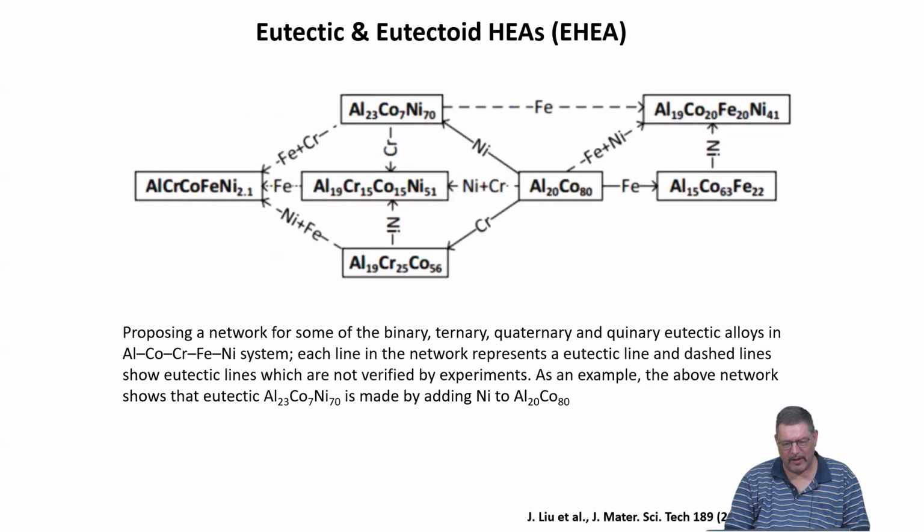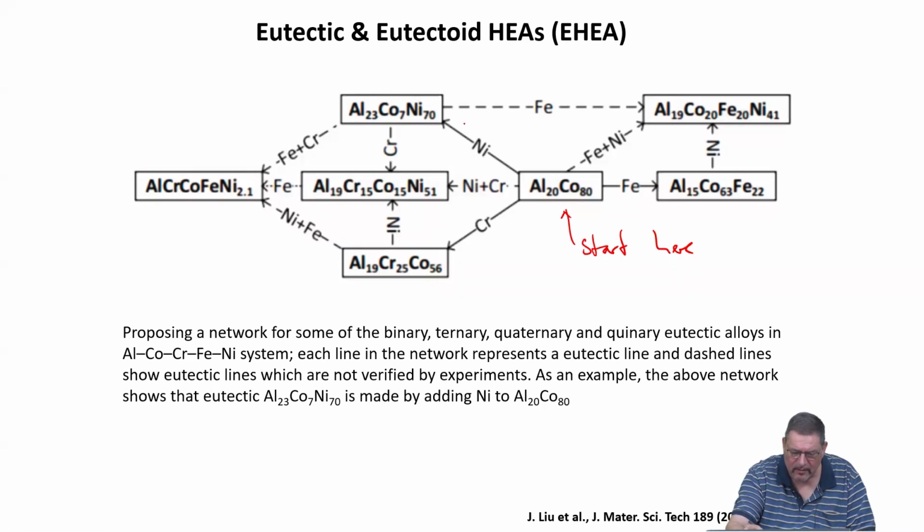And if you think of making a eutectic high entropy alloy in a material where nobody has done it before and where you are not sure that the eutectic high entropy system can be formed, people are using these so-called network approaches. So you start from binaries or ternaries, and you know basically when you start out from, let's say, start simple with a binary. And then you know when you add nickel, you go to a ternary eutectic, right?